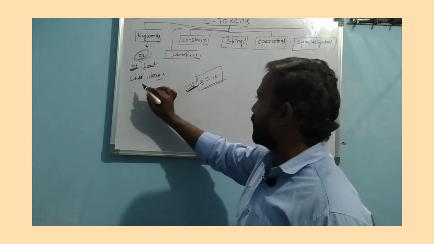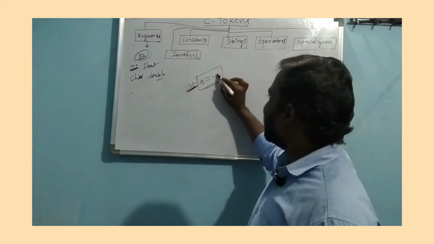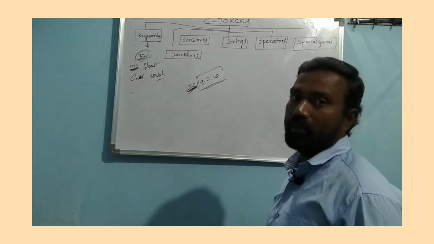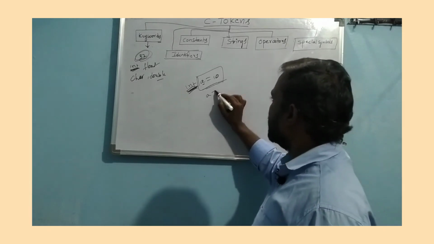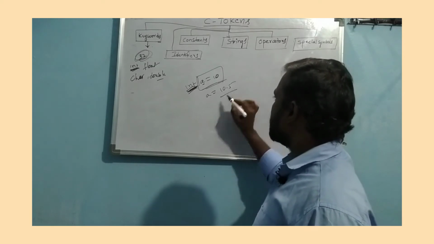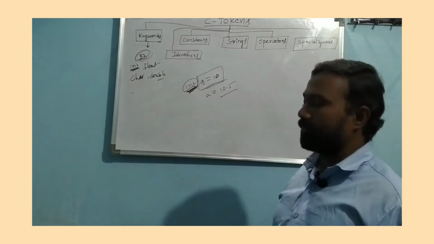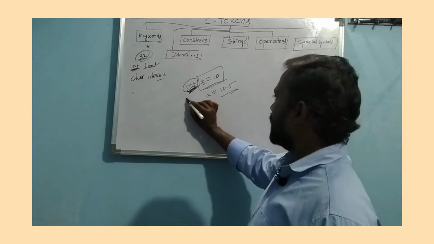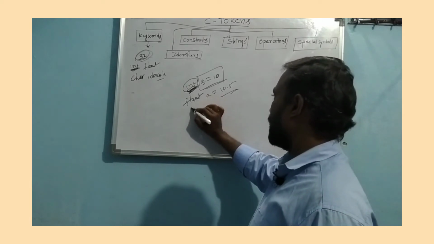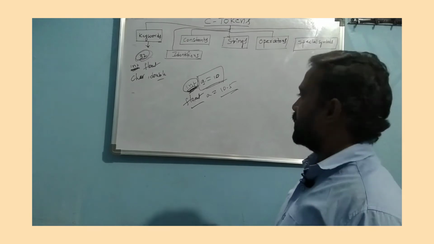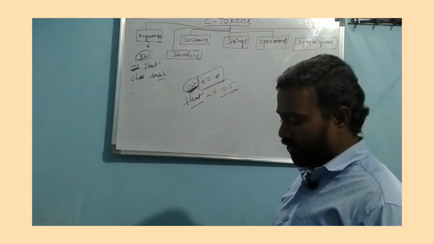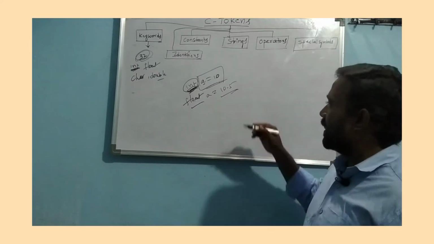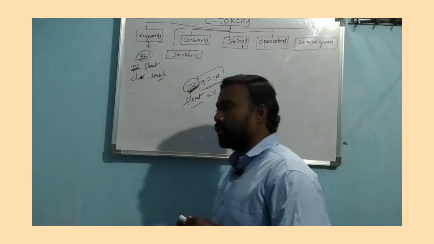For example, integer, float, character, and double. Here, 10 has no decimal point value, that's why I'm using an integer variable. Now for example, I would like to take a equal to 10.5. In this place, the integer keyword cannot be used, because we have a decimal point. In this situation, we use the float keyword. Float means floating point. Integer values don't contain any decimal points, while floating values contain decimal points. So totally there are 32 keywords.